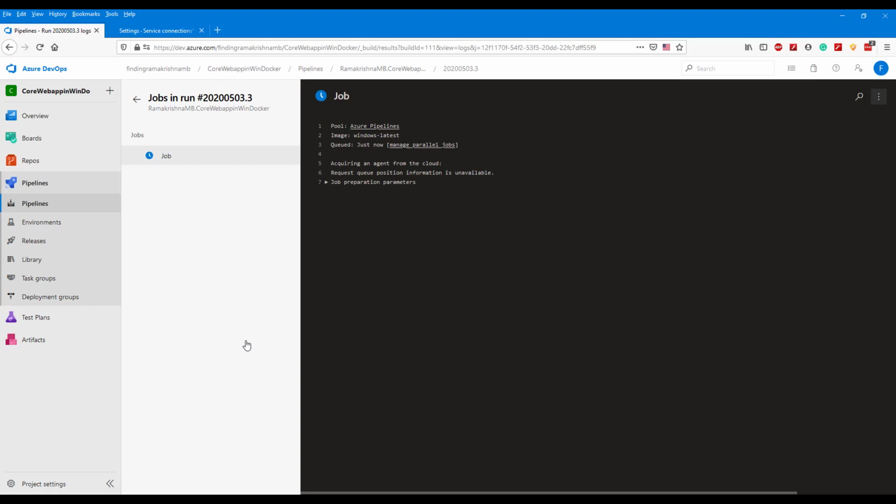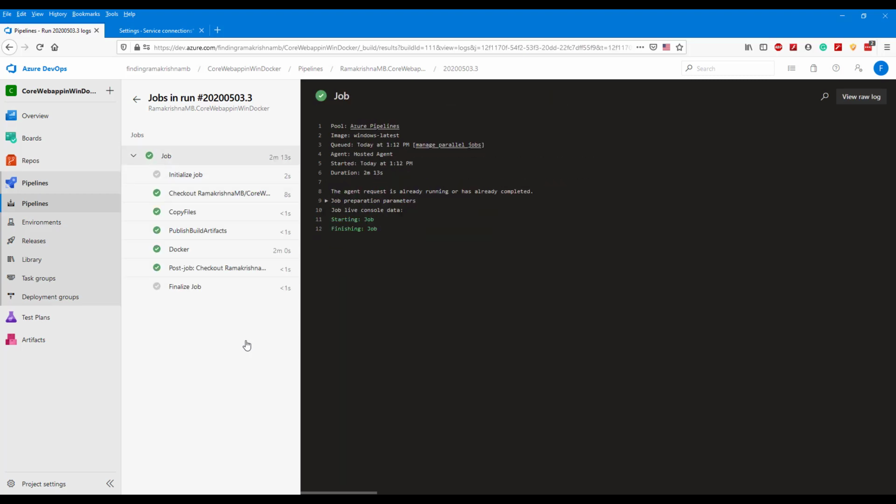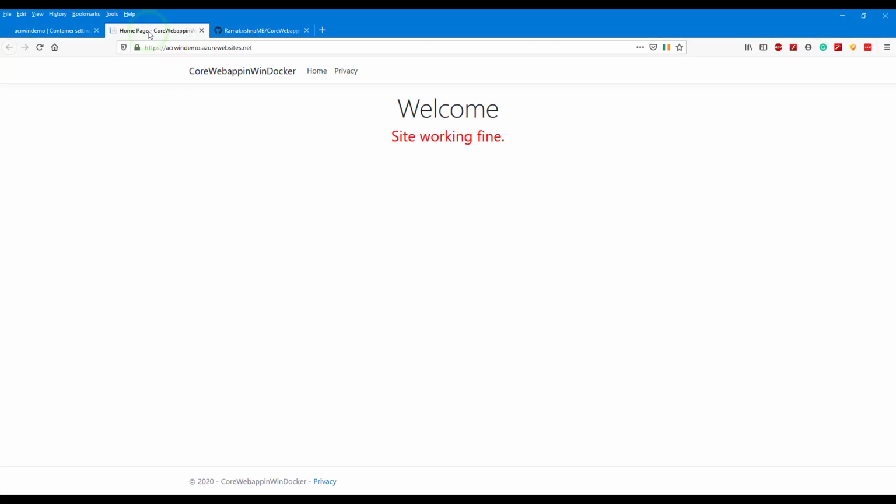A few times it happens that we forget to do some settings, but it's okay. Let us run our pipeline and we'll check how it's working. The pipeline executed successfully. So go back to our site and refresh. Yes, our content is updated to the latest.